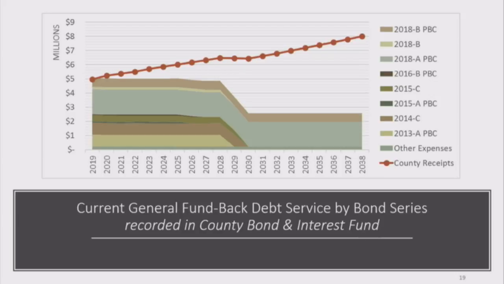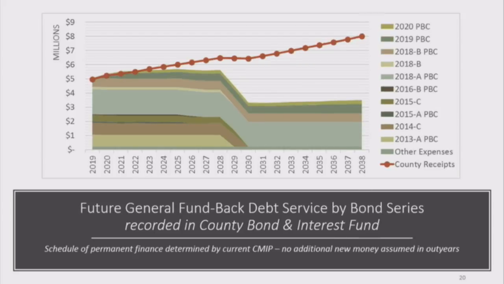I will note that the county mill levy is 2.195, which gives us about 2.8 million in tax revenue. But there's also other revenues, the PBC revenue, as well as some reimbursements on some of the other debt that also go into this fund to account for the revenues. The next graph shows we've added in about 10 million in additional debt in 2019 and 2020 that was approved as part of the CMIP. So this has added in that debt into the projections.